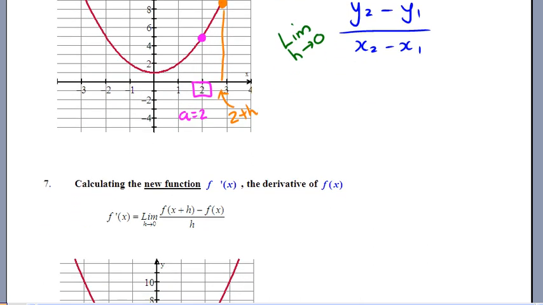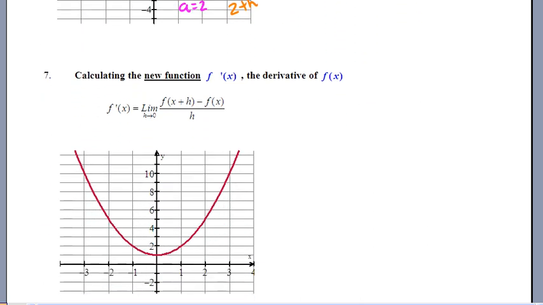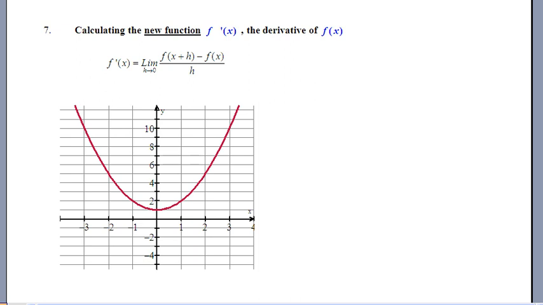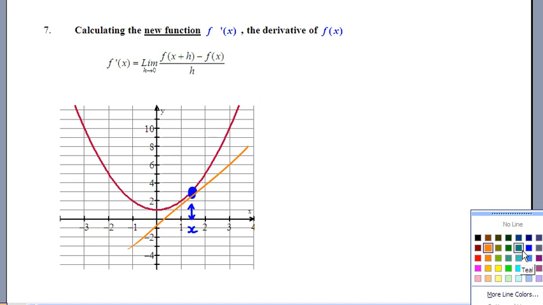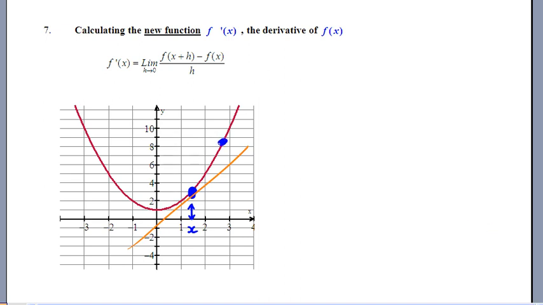The last thing we saw today, even better than picking a number, you don't pick a number. You don't pick 2 right off the start. You say, well, how about I just pick a point here, and I don't want to lock in, so I'll just call this point x. And I want to try to find the exact slope of the tangent line at any spot people might want to talk about. Well, I'll get there doing that limit, but I do need another point. So my other point will be a little farther down the road. This will be at x plus h. And so h,